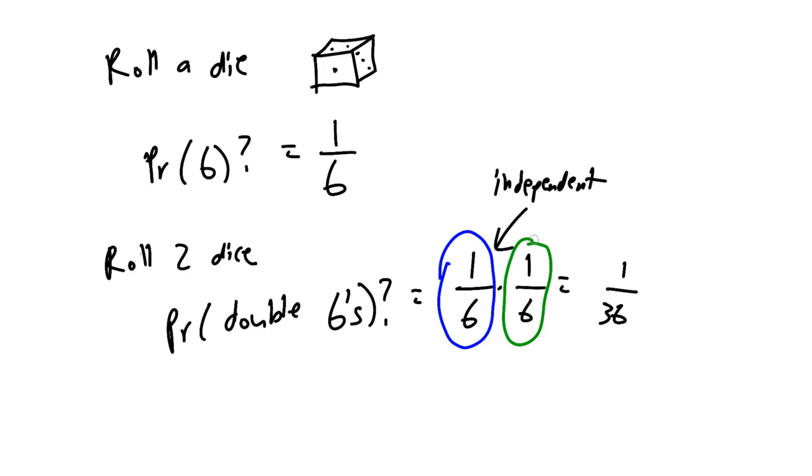But we're going to assume that every time I roll the die, it's fresh, starting over. I jiggle it up enough in my hand that it's not going to have any effect from one roll to the next, and therefore they're independent. And that is the only reason I can do that product there. I could not do that product if they weren't independent. So that's an assumption, and that turns out to be true.